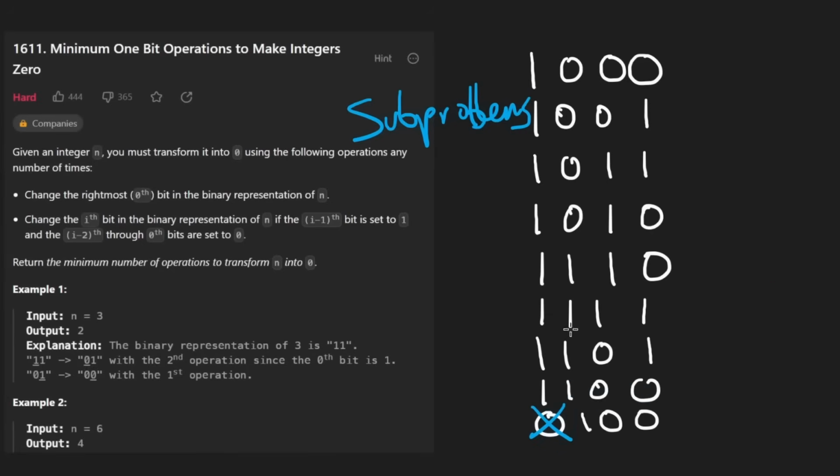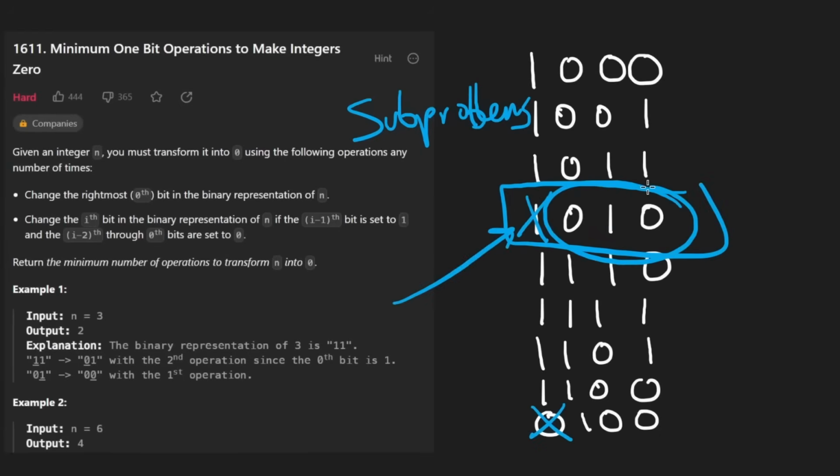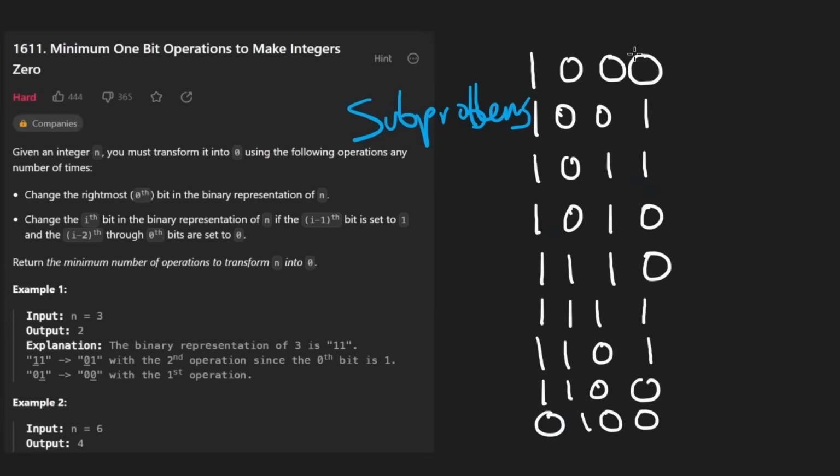So our goal is basically to 0 out the most significant bit wherever it happens to be. If this happened to be our starting point, our goal would still be the same. Our goal is to 0 out this bit. And then whatever we have left, we're going to 0 that out. So I guess then the question becomes, well, how many steps does it take to 0 out the most significant